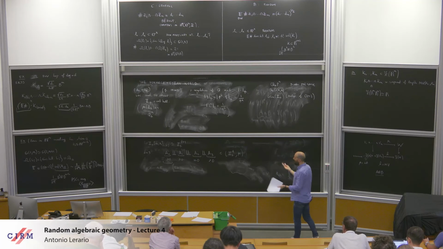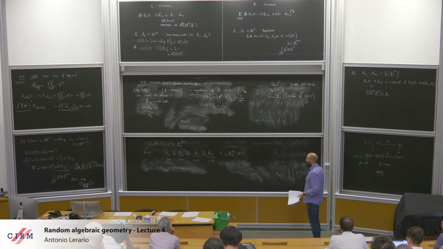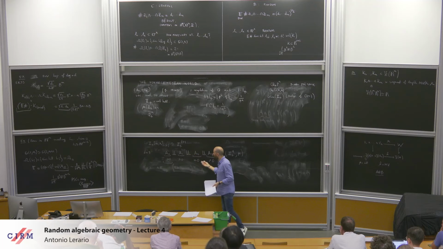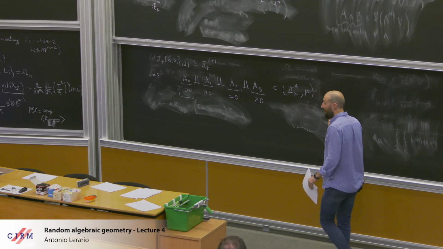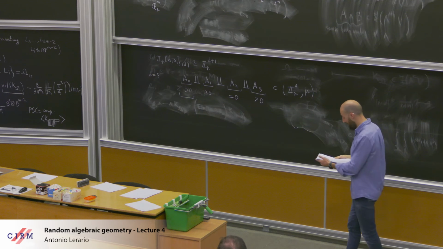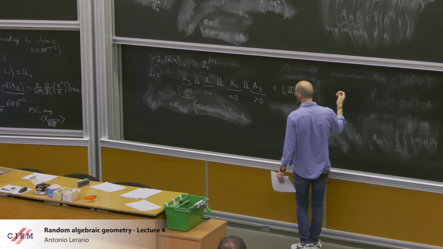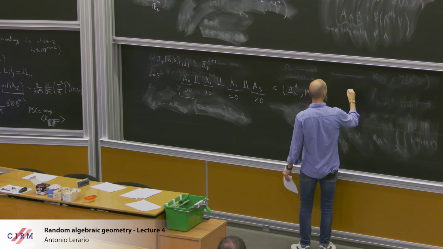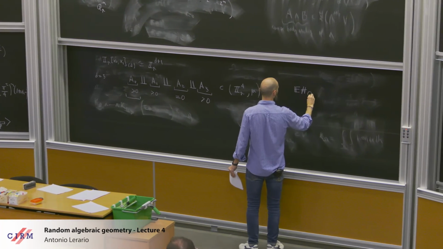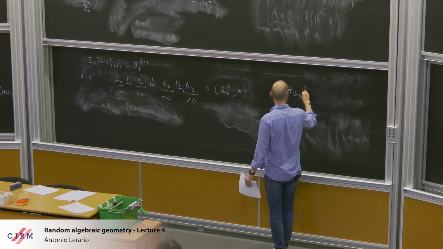But whatever, it's a non-algebraically closed field, so it makes sense to ask all the types of questions we have asked in the previous lectures in this field. So which one of these chambers is larger? What is the expectation of the number of zeros over Q_p? Okay, all these types of questions you can formulate here. And what would this question mean? If I want, for instance, to compute the expectation as before of the number of zeros in Q_p of your polynomial, which I now should call f,